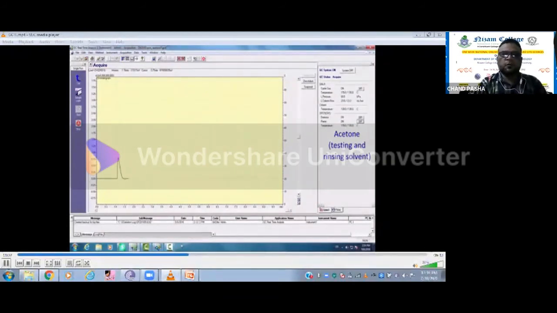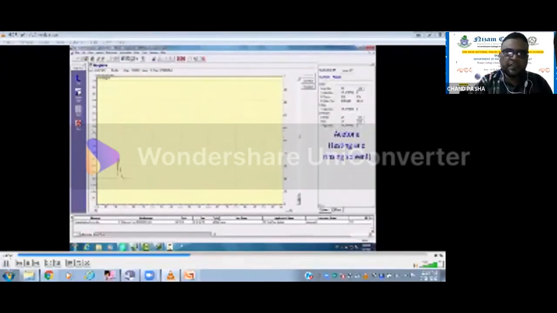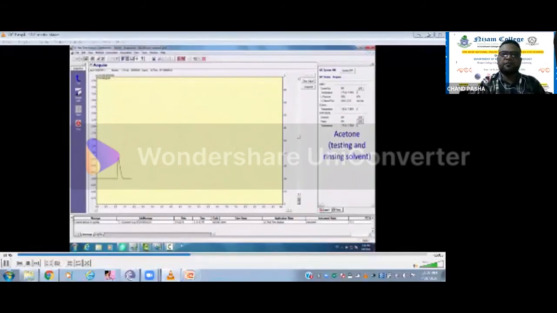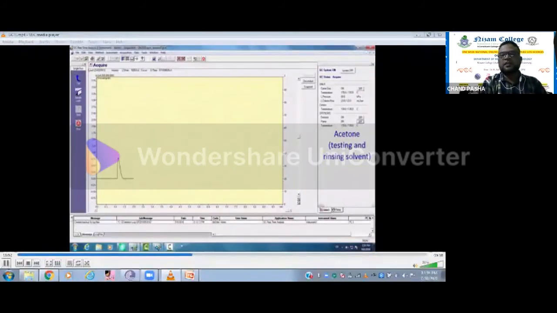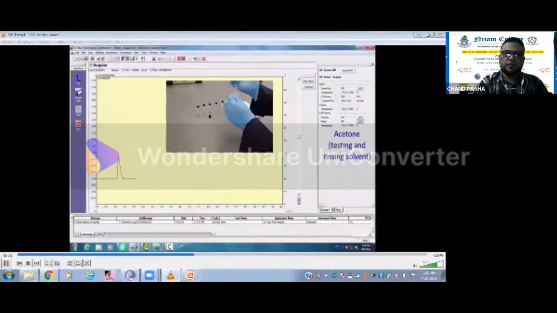Actually, whether it is HPLC or GC, you should pass 3 column volumes of mobile phase before injecting the second sample, so that the residues are cleared. As soon as our peak has come, don't go with loading of the second sample. Now enough gas has been passed, so then we'll be taking the second sample.